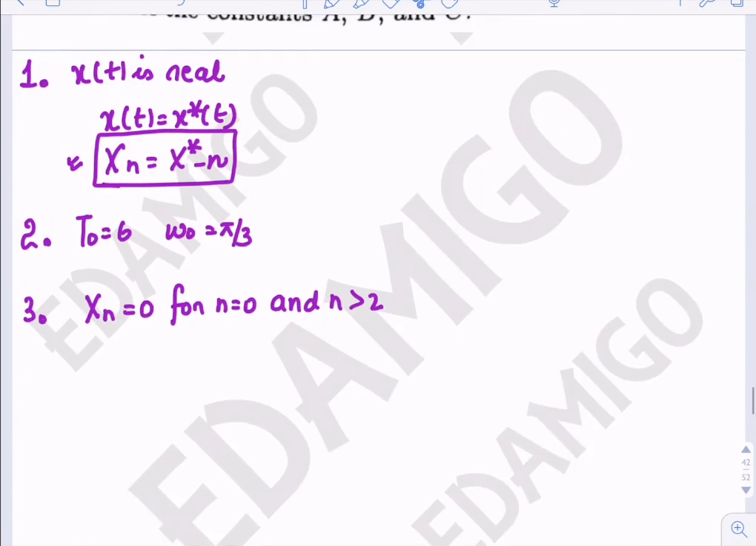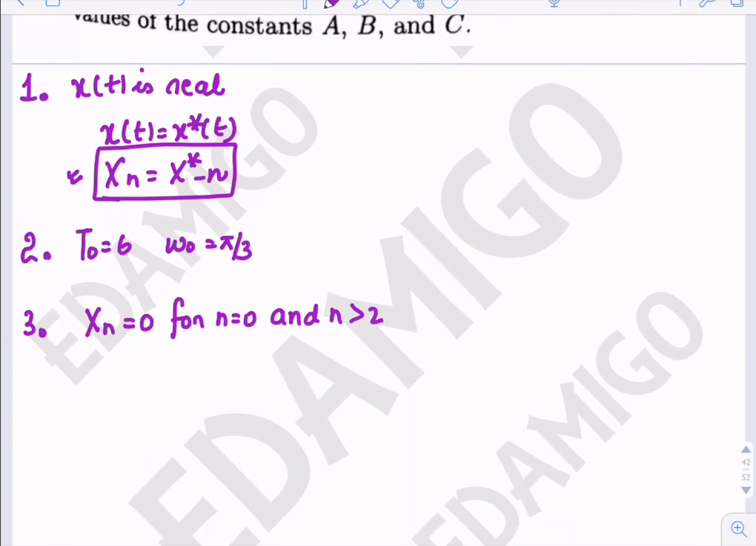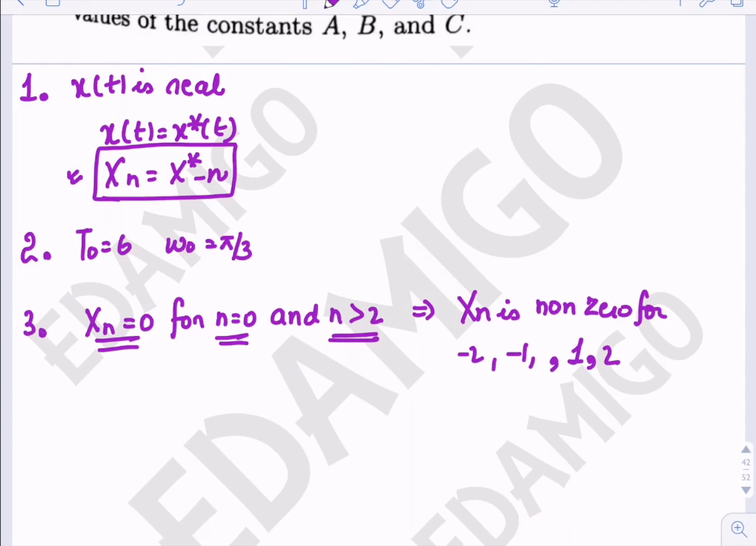Now since it is given that x[n] is equal to 0 for n equals 0 and n greater than 2, we can see that x[n] is non-zero for n equals 1 and 2, minus 1, minus 2, minus 3 and so on. It is non-zero for these values because here it is written n greater than 2, not mod n greater than 2. Okay, but from the first property we can see that